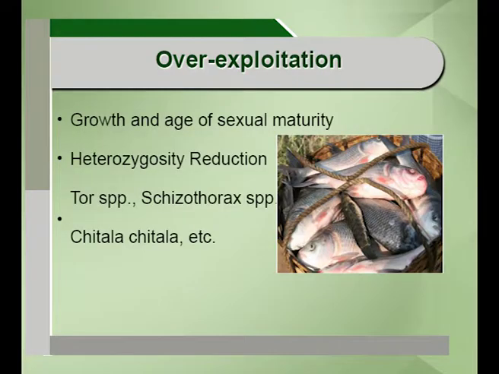So this overexploitation leads to what? Reduction in growth rate. It results in a lesser population of fish, and that also indicates that these fish populations are highly vulnerable. They are vulnerable to further stresses, and because of that, there is a possibility that these species will vanish from the aquatic environment. The best examples as far as overexploitation is concerned are these species that have been severely affected: the tor species, Zygothorax, in the upland waters, and Chitala, another species that has been severely exploited.